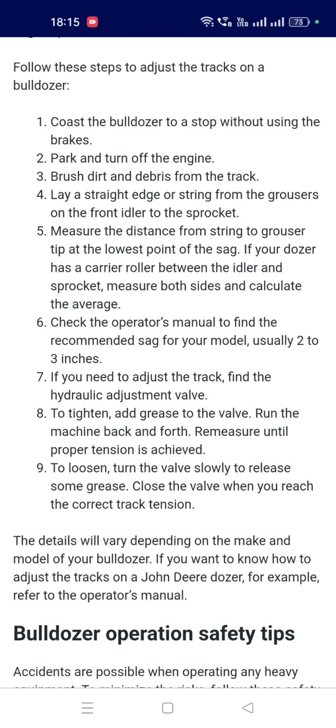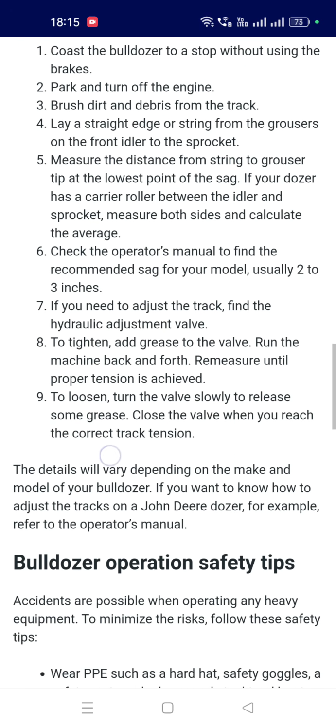6. Check the operator manual to find the recommended sag for your model, usually 2 to 3 in. 7. If you need to adjust the track, find the hydraulic adjustment valve. 8.